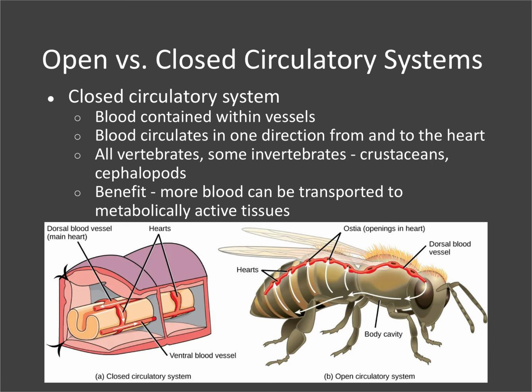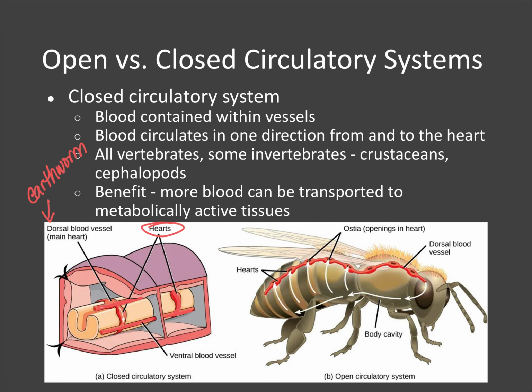You are probably more familiar with a closed circulatory system because that's what we have as humans. In a closed circulatory system, blood is contained within vessels and potentially a heart. You can see this picture of an earthworm here, a cross-section of an earthworm. You can see that there are blood vessels running through the different segments of the earthworm, and there are hearts in each section as well. So in an earthworm, there are multiple hearts creating the pressure to move the blood around the blood vessels. Now in humans, we just have one heart that does the work to move all the blood